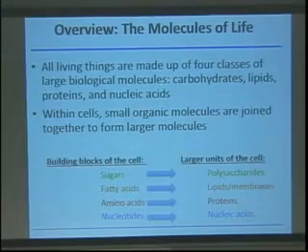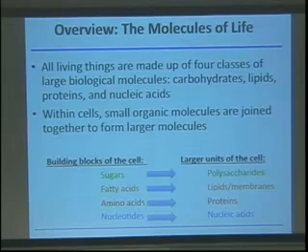Okay, so with that said, as we said, all living things are made up of 4 classes of large biological molecules. Of course, there's lots of other kinds of molecules in the cell too, right? Water we talked about last time, lots of different kinds of small molecules, salts and things like that. But these 4 classes are the really big macromolecules that are important. And these molecules are all comprised of smaller units that are joined together to form large molecules. So in the case of carbohydrates, polysaccharides, these are made up of individual sugars that are hooked together to form polysaccharides. In the case of lipids, which are important for membrane structures in cells, these are made up of fatty acids. Proteins are made up of amino acids, and nucleic acids, like DNA and RNA molecules, are made up of